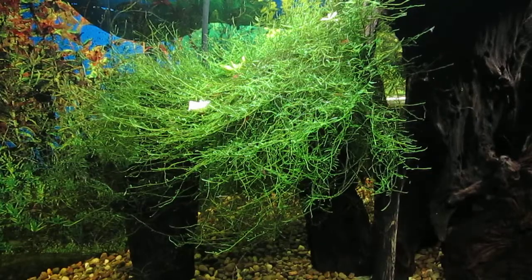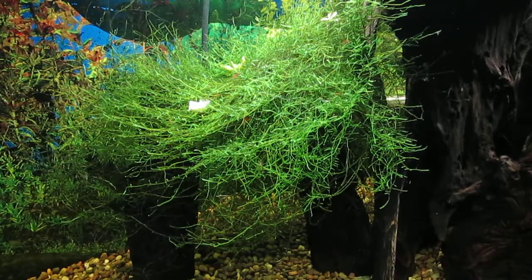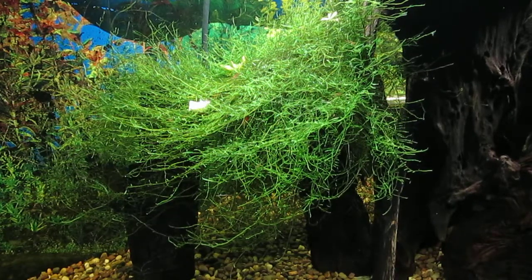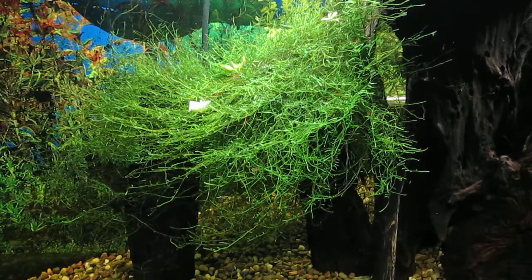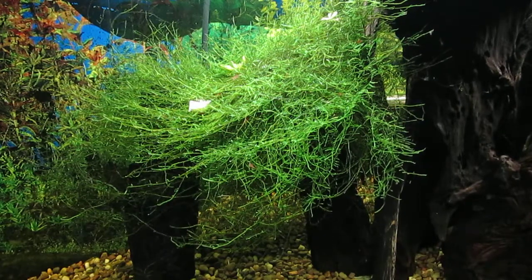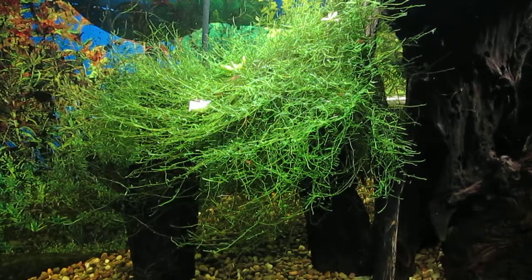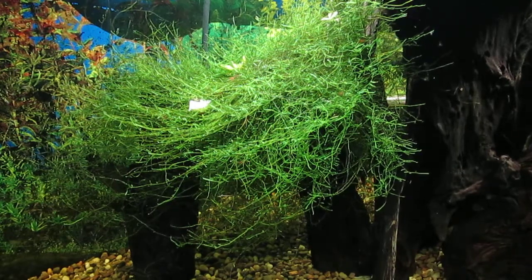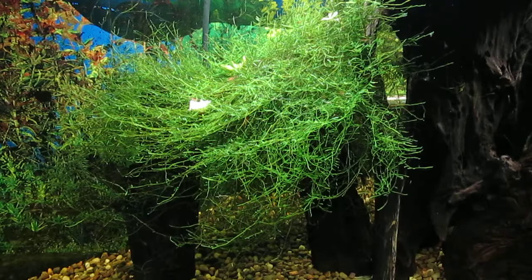About a month ago, my 29-gallon shrimp tank sprang a leak, so I had to hurriedly do something with the inhabitants and the decor. I got most of the decorations and the shrimp into a 10-gallon tank along with the substrate, but these two driftwood ornaments on the left with java moss attached to the tops of them are too tall for a 10-gallon, so I had to transfer them to my 120-gallon tank,